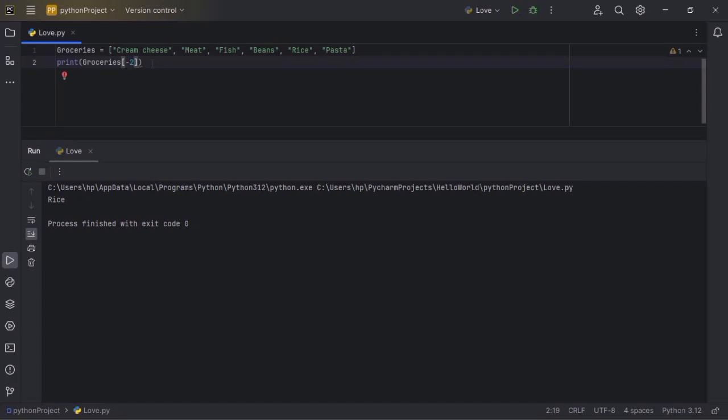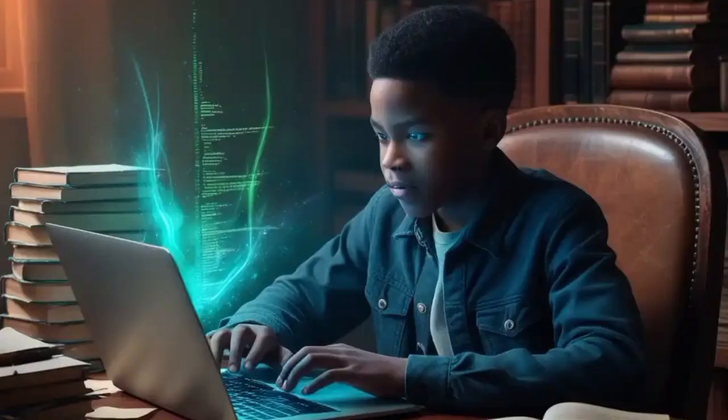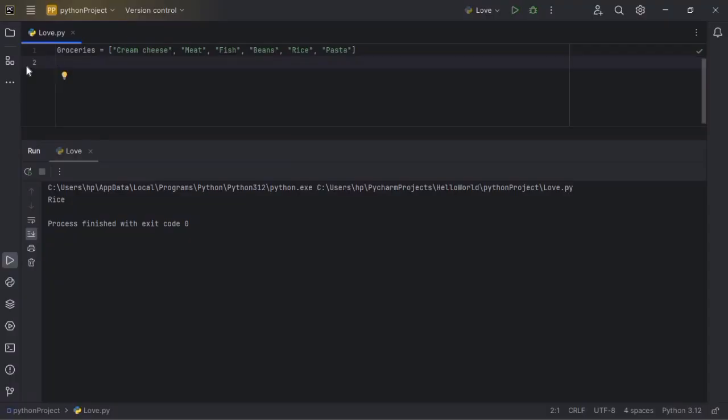Now that is that for finding an item in our list using the index number of the item. Next, we are going to be checking if our list contains an item. Let's assume we want to check if our list contains noodles. Is there noodles in our list? No. So we want to check if our list has noodles in it. So how do we do that? We simply type our print